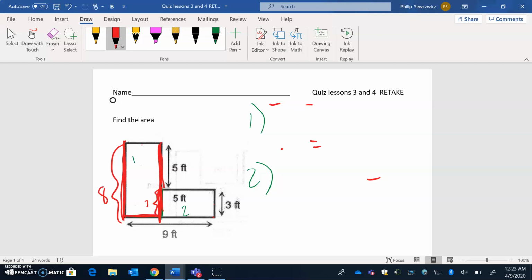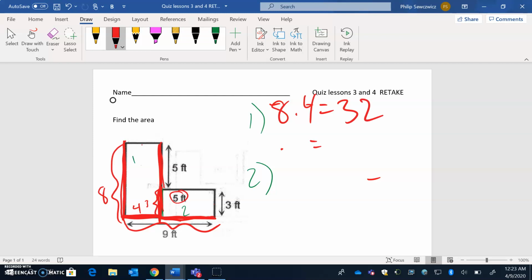I need to know how wide it is. Now I know the entire distance all the way across is a 9. And from here to here is a 5. So again, entire distance is a 9. We've used up 5, which means the missing distance is a 4. So we're going to do 8 times 4, and we're going to